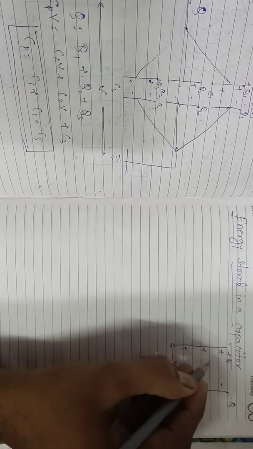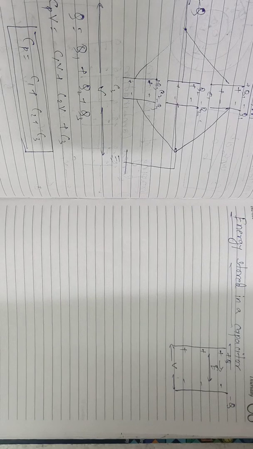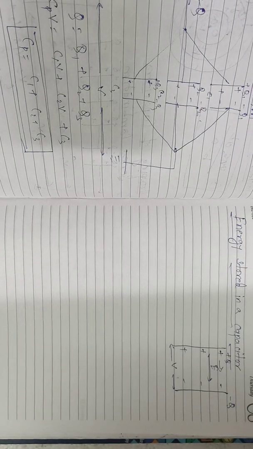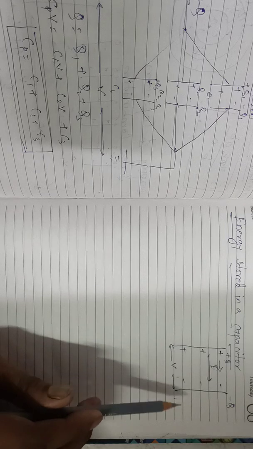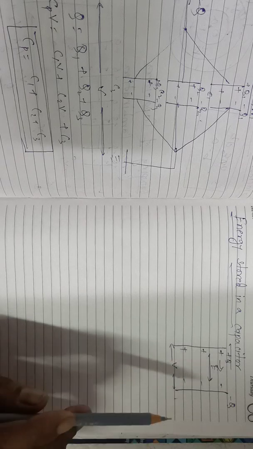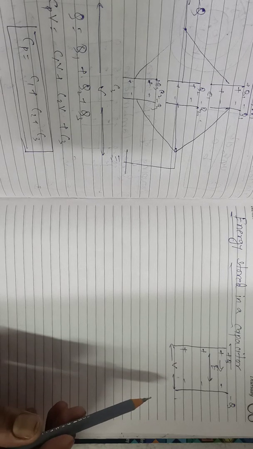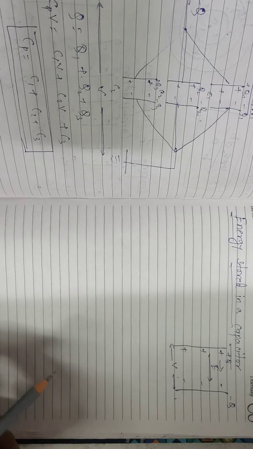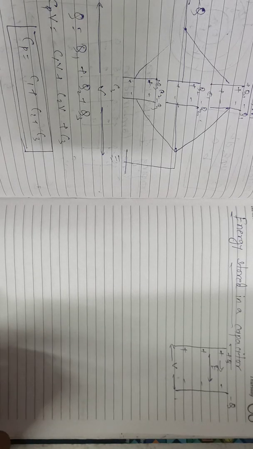Okay, and the electric field is directed from here to here. The value of the electric field is E. We know that a capacitor is a device used to store energy because it is used to store charge. The process of charging a capacitor involves the transfer of electric charge from one plate to the other plate. The work done in charging a capacitor will be stored in the form of electrical potential energy. The energy is supplied by the battery at the expense of its stored chemical energy and can be recovered on allowing the capacitor to discharge. If you want to get the energy again, you can discharge the capacitor and you will get the energy back.